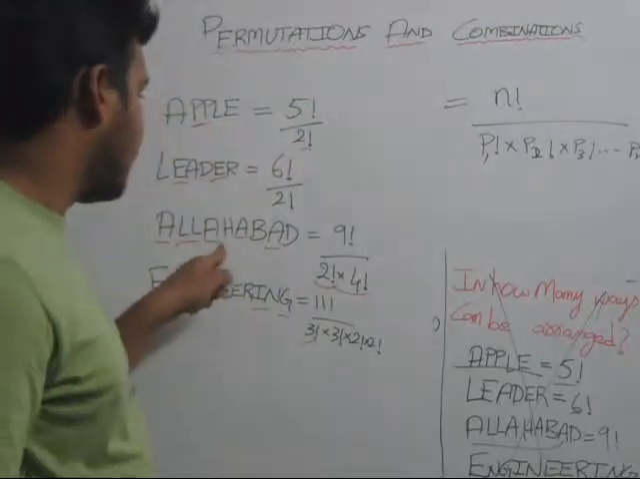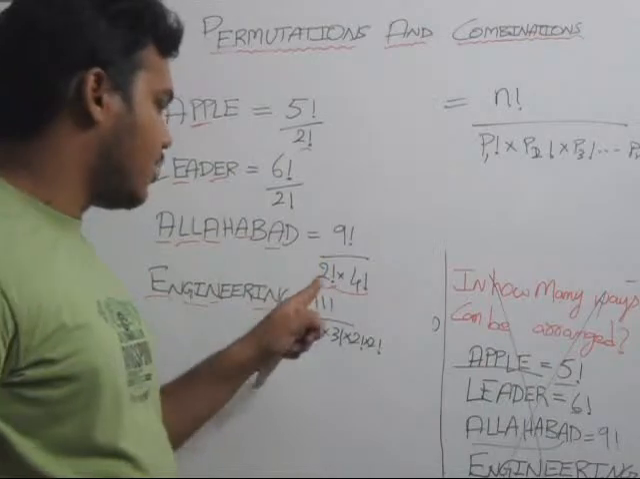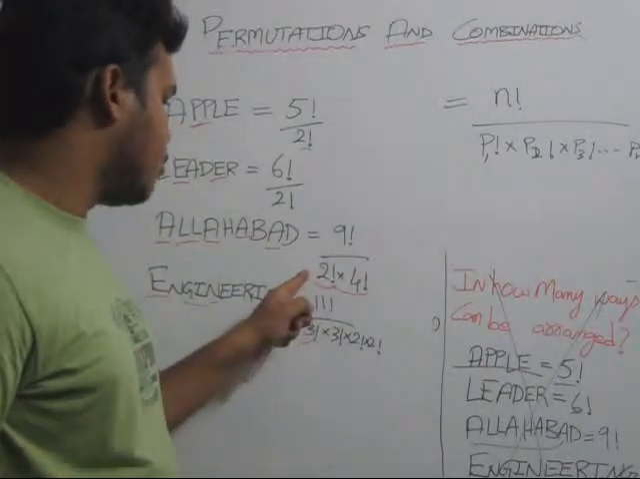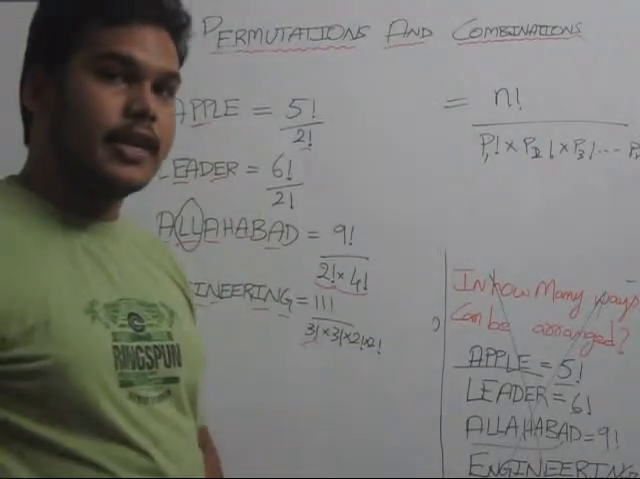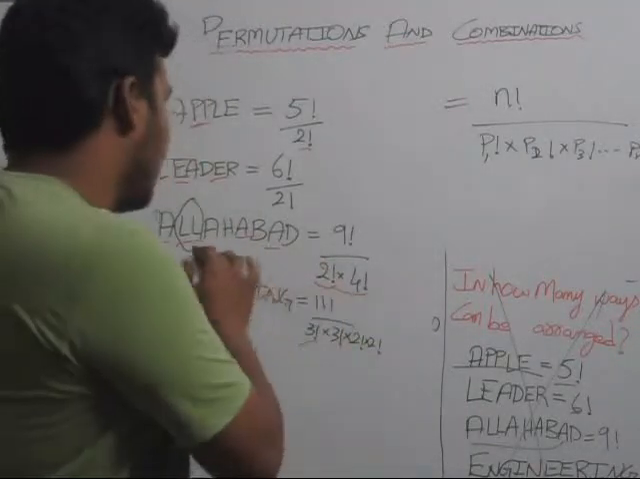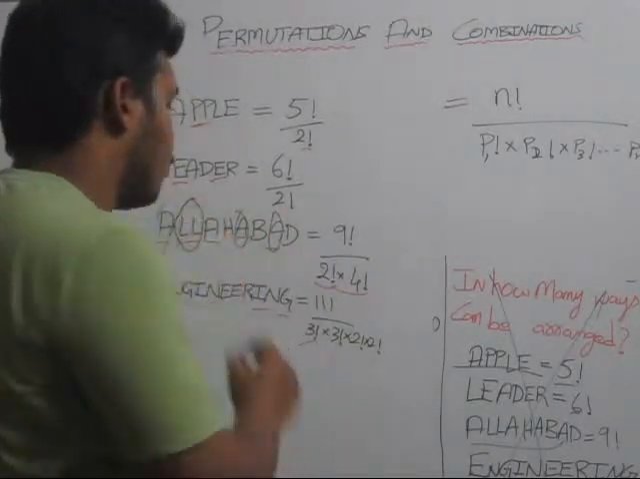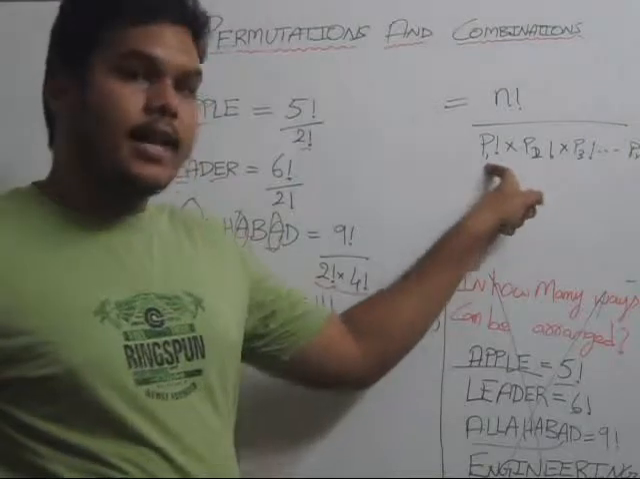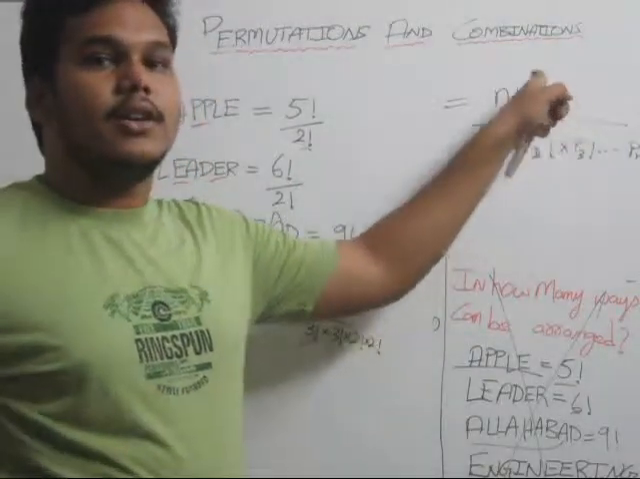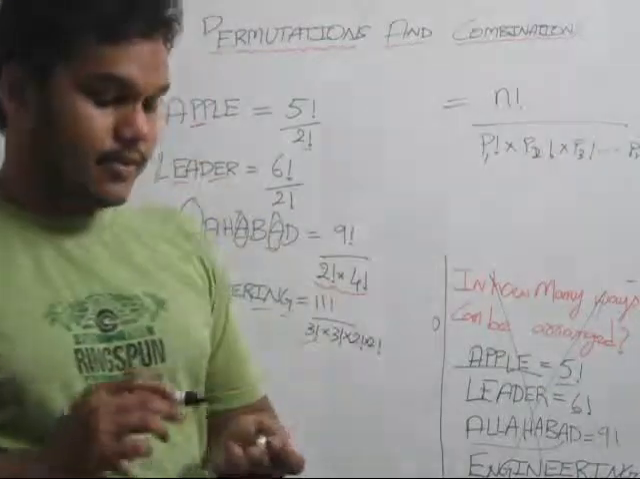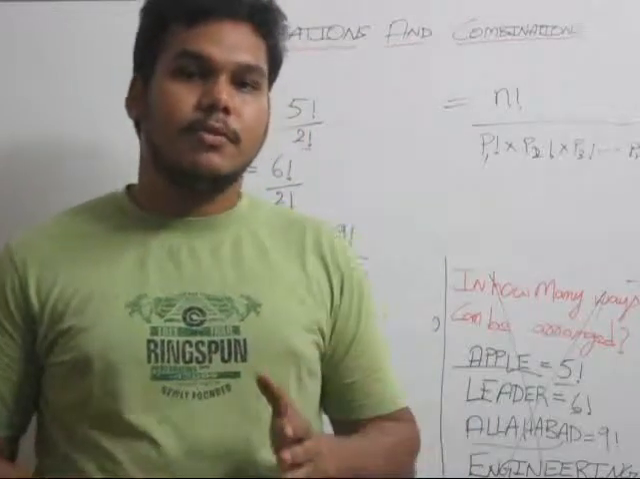So if we consider this example, n factorial represents the factorial of the total number of letters, while p1 factorial represents 2 factorial, which means we have 2 L's. The letter L is repeated twice and the letter A is repeated 4 times. So in this manner, the alike items are in the denominator and the factorial of the total number of letters is in the numerator. So in this way, the questions from the topic permutations and combinations